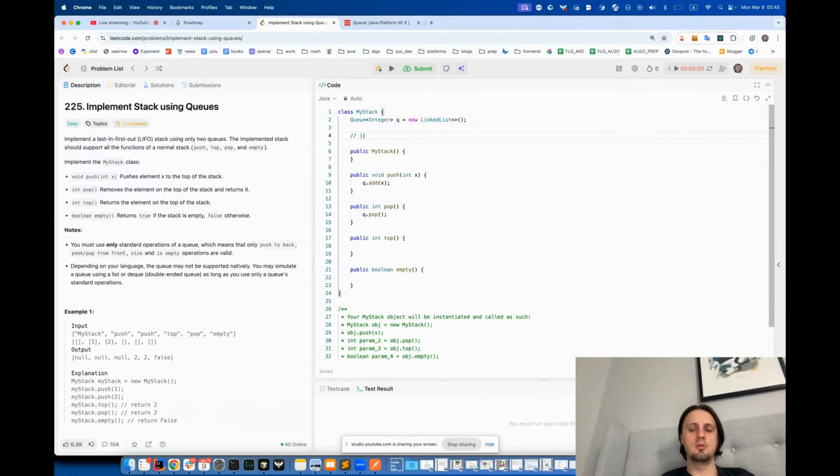All right. So how does it actually work? So with queue we have operations like this. So we put